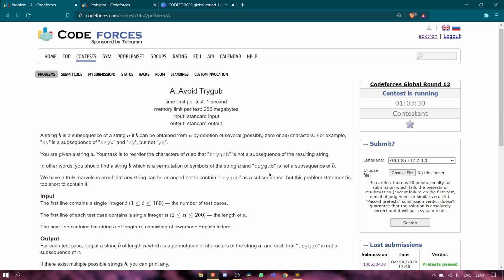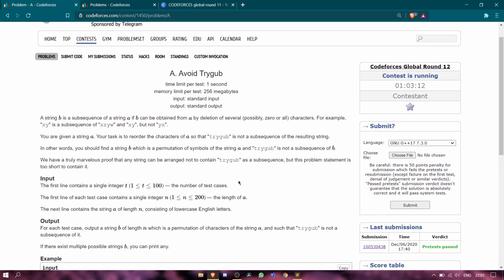Okay, so we need to make our string by rearranging A's characters such that we cannot make "trygub" by deleting several elements of our string in any case.